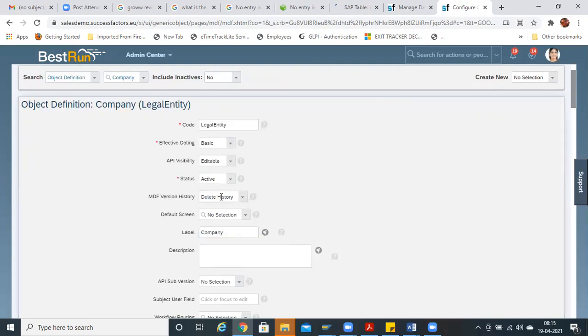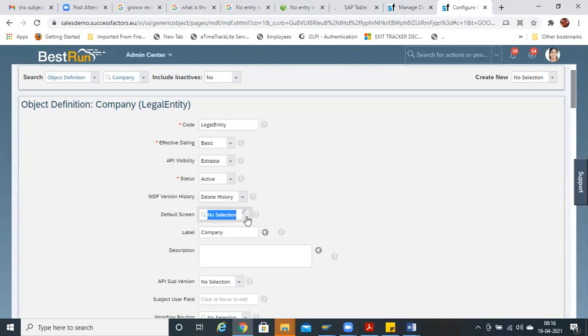But generally we select delete history as it takes a lot of space, and it will show the history somewhere here. When you are creating it, it will show what is being created. It is not related to the front end. So as per client requirement, you may either keep the complete history or delete history.